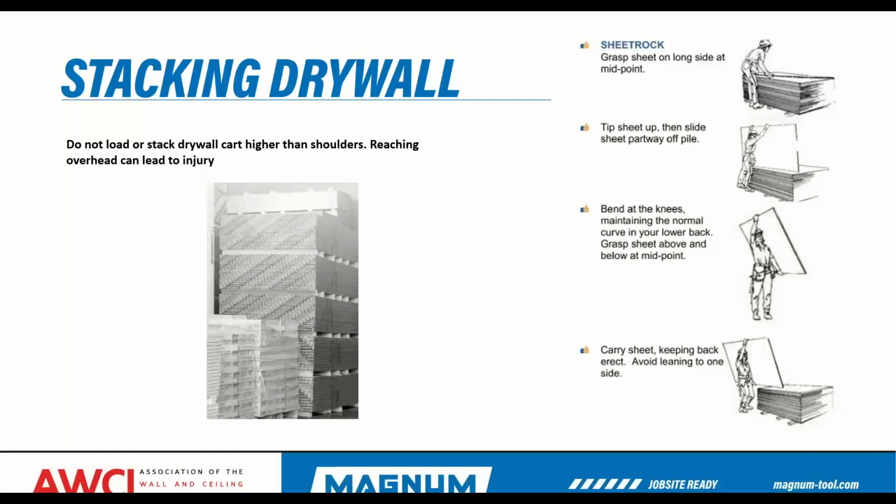Having a graphic so employees understand loading, we try as much as possible when we do our tailgate talks or toolbox talks to do a demonstration. We put some sheets of rock on a cart, or sometimes metal studs, and go over the proper techniques so it stays fresh on their mind, because some of them join the industry with no clue how to pick up these sheets of rock. So that's a constant reminder about making sure they understand the size of the load,